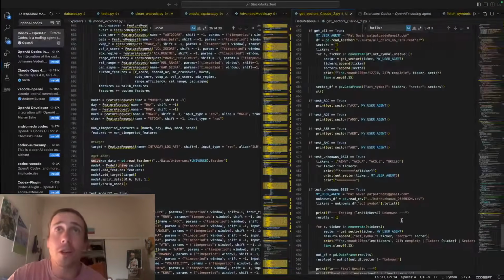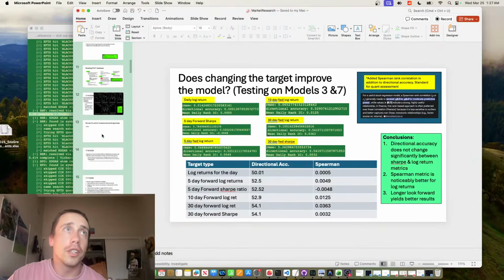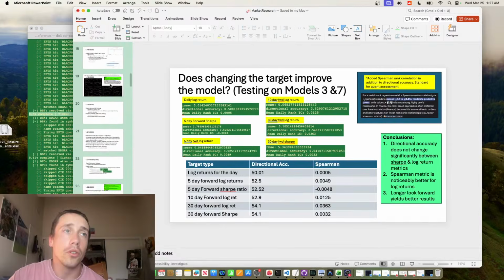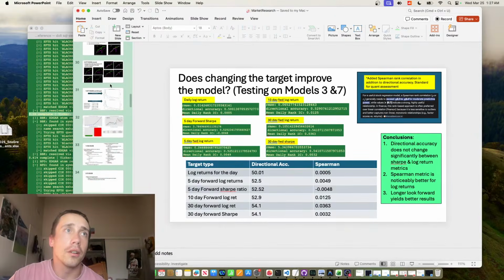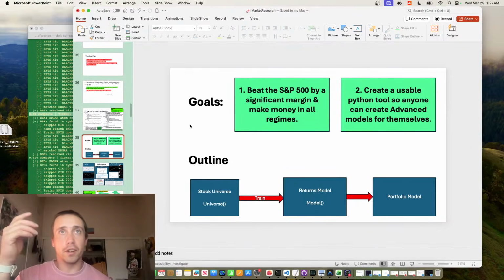Yeah. So let me go over what I'm doing. This is basically the outline and my goals. Here. The first goal is to beat the S&P 500 by a significant margin and make money in all regimes.